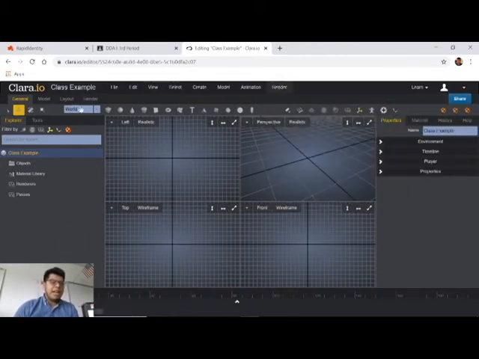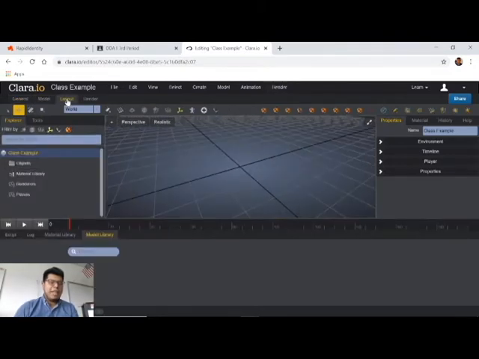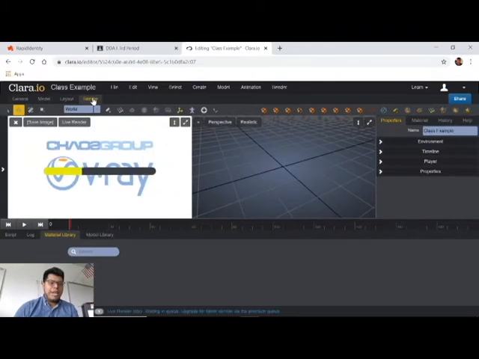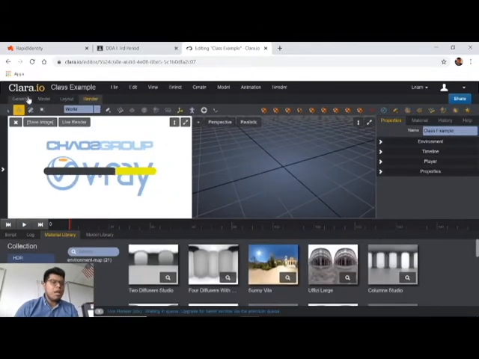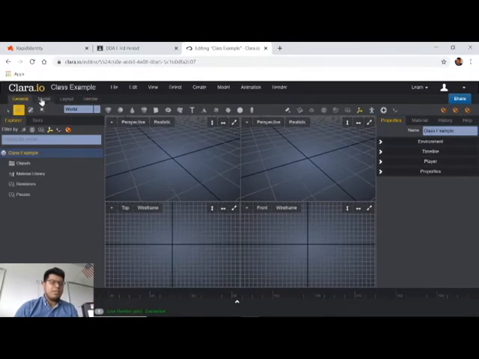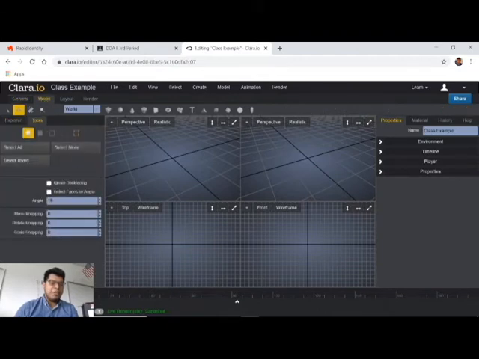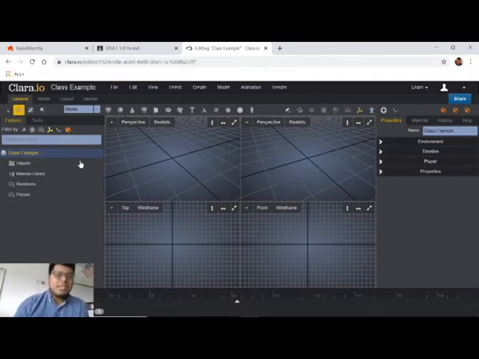Now on the left hand side, you will see that we have a general tab. We've also got a model tab in here, we have a layout tab, and then we have a render tab. So right now, I just want y'all to stick with general. We will be switching into model every once in a while, but I'm just going to stick with general because this is actually going to be where you'll start to see your objects pop up